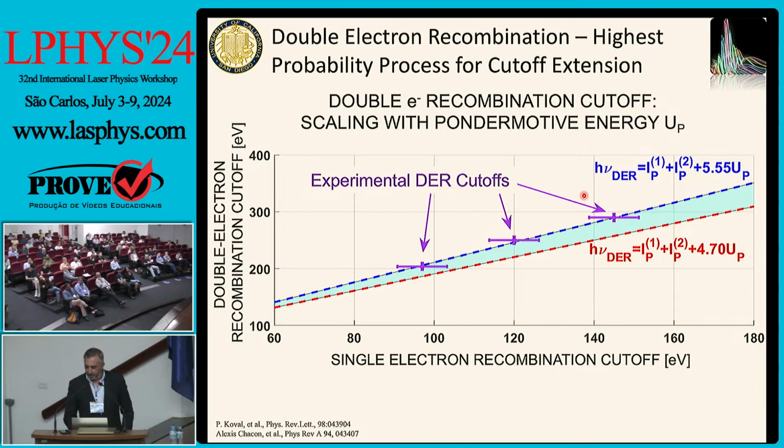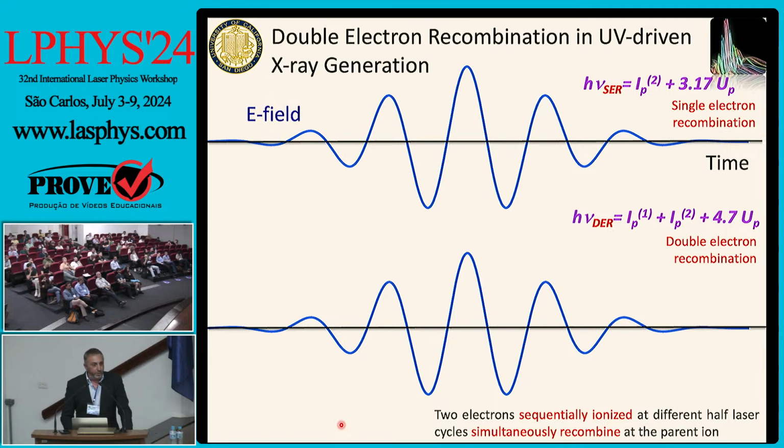So in fact, the cutoff obeys a slightly different rule. We have a factor of about 5.5 in front of the cycle-average kinetic energy of the electrons. And well, this scaling, of course, also involves the ionization potentials of the two atoms. While doing this experimental research, we found some papers from the 90s where they were studying some similar physics. To illustrate the underlying physics, I'll go back to the simple man's three-step model, where